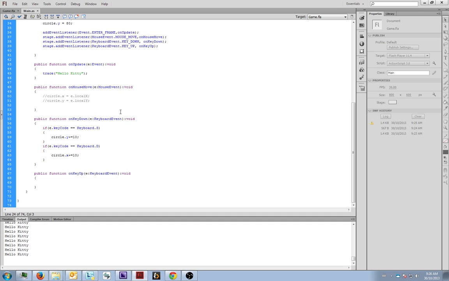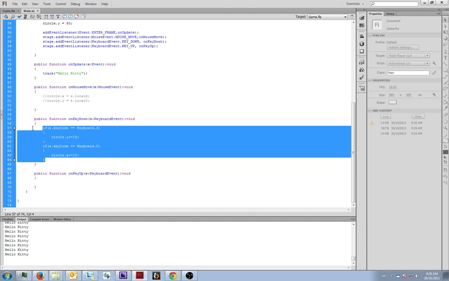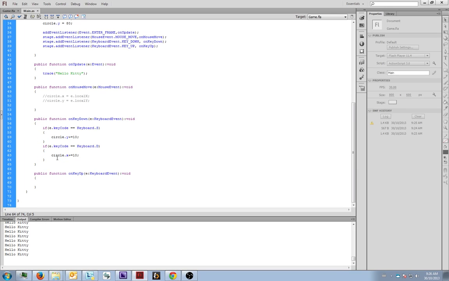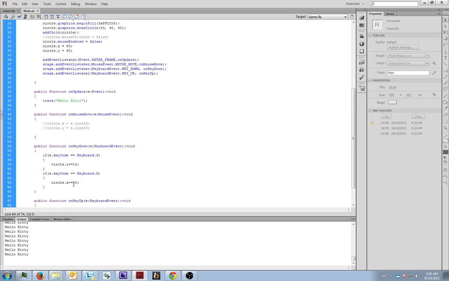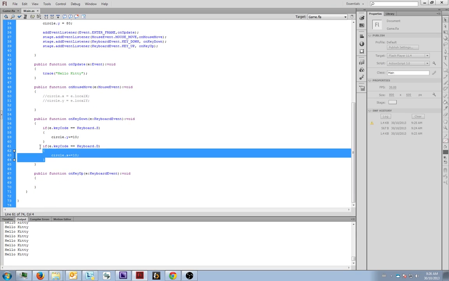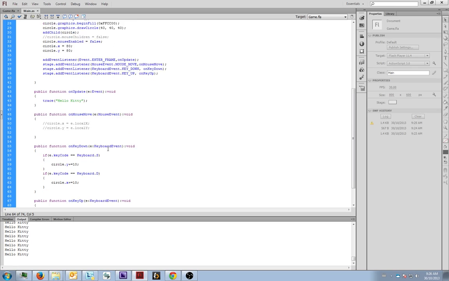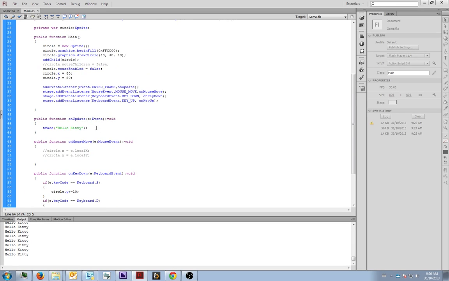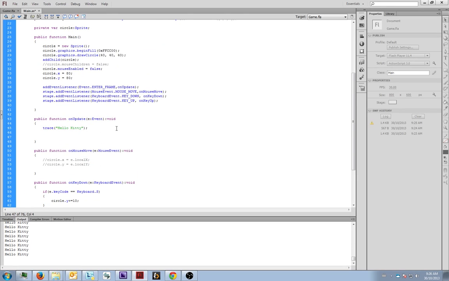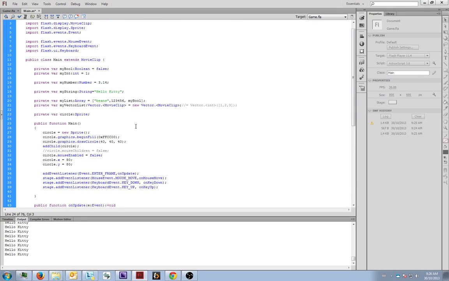If you can't, the trick is it's going to be with an on key up, probably going to use the same if conditions, but it's also going to be using an event listener. So give it a try. If you can, good job. I'll go into the detailed explanation now. The event listener is actually going to act as the thing that modifies your location. So it's going to say, which means